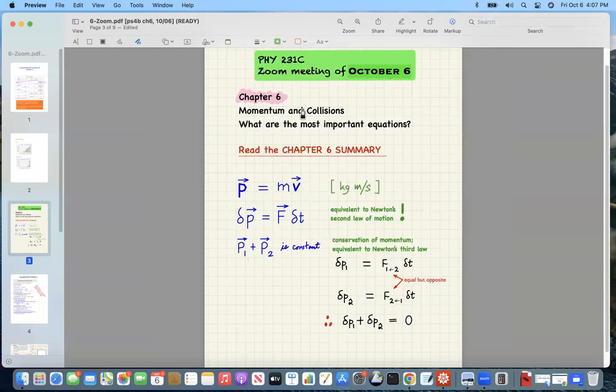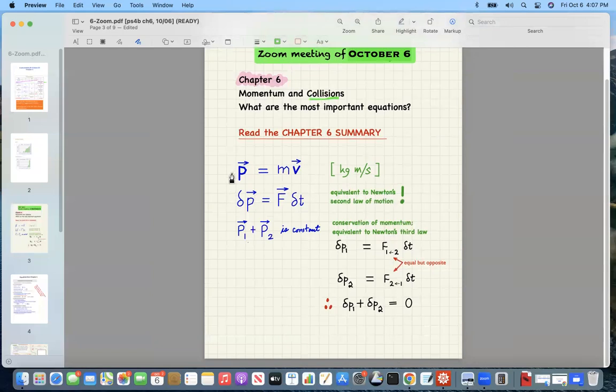Chapter 6 has a particular application, collisions. So when you have objects colliding, the best way to analyze the problem is to use the concepts of momentum. Now, you've probably already read chapter 6. One of the most important equations or ideas in chapter 6,